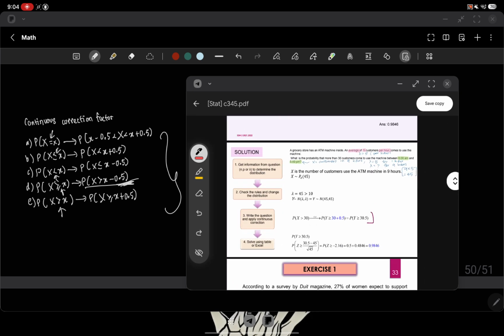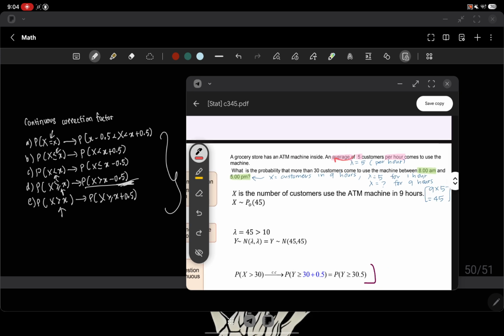So another example is average means it's lambda per hour. Now they are saying more than 30, 8 a.m. to 5, so per hour is 5, it's 9 hours, so 9 hours times 5 is equivalent to 45. Our lambda is 45, so it's more than 10. Check. So our mean is 45 and our